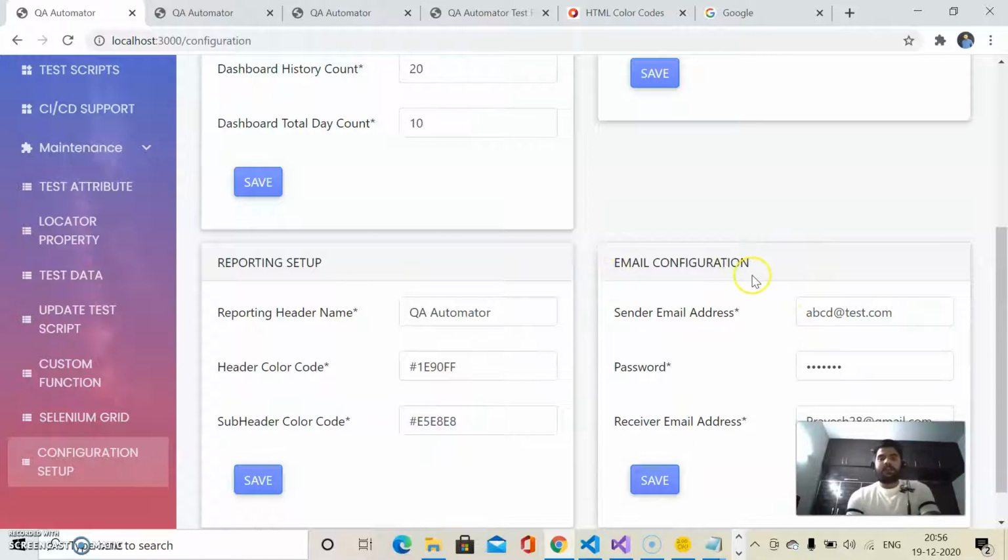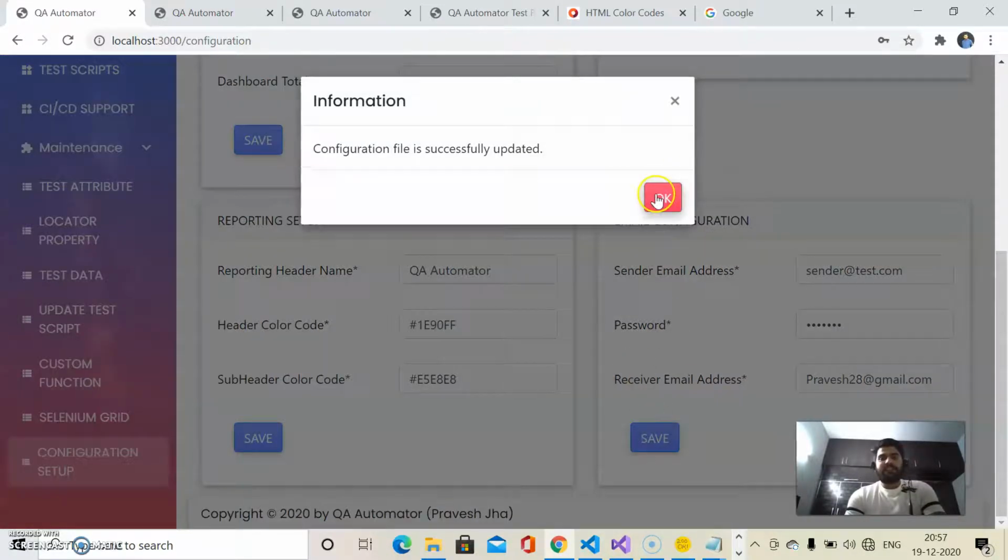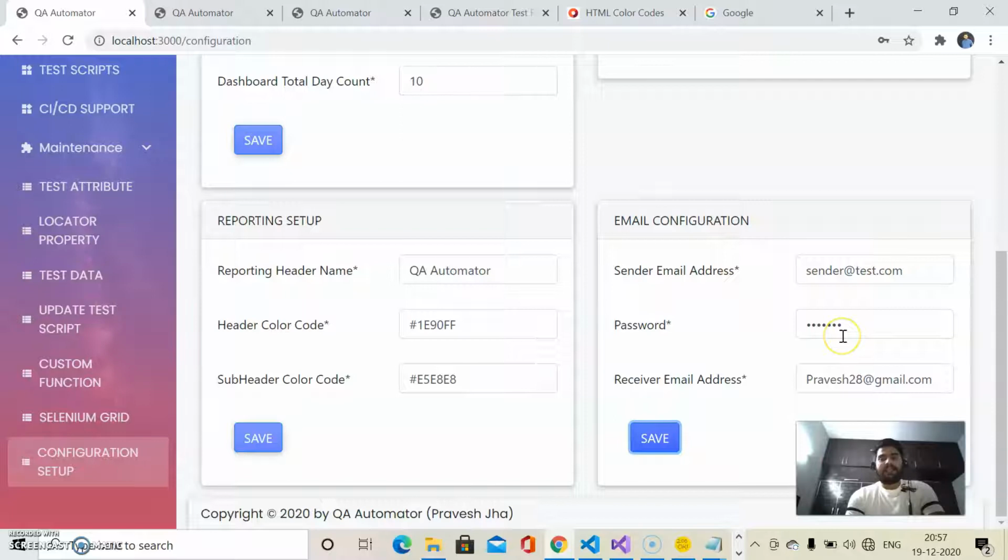Let's talk about the email configuration section. The email configuration section will allow you to send the reports after test script execution. So let me update any value. This is the default credential, and you can find this information on the execution lab page as well as on the CI/CD page.